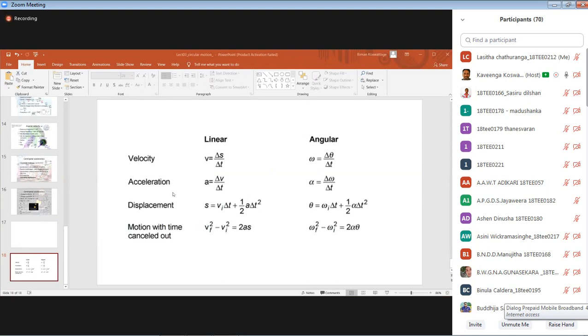For linear motion, we have this type of equation. In the case of angular motion, you have this type of equation, right? You can see that velocity changes to angular velocity, and acceleration changes to